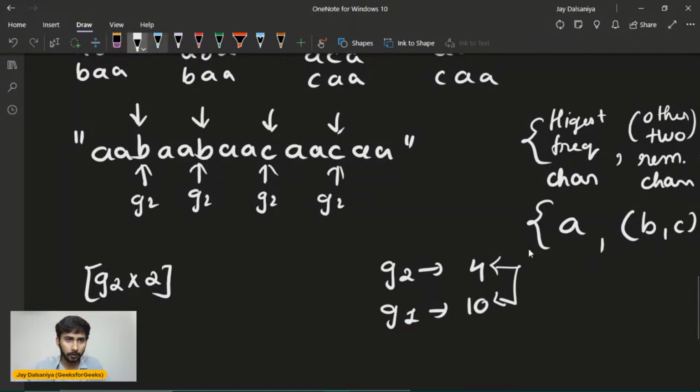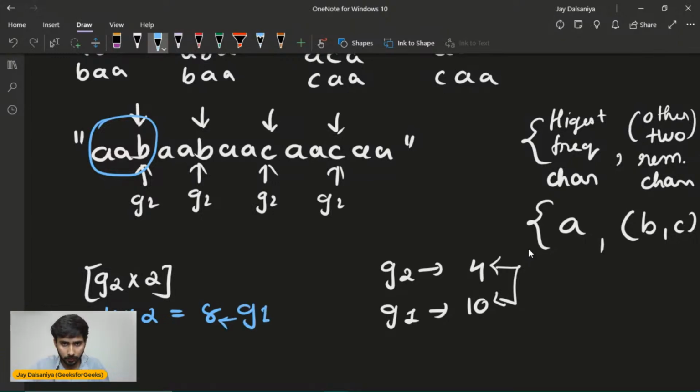You can observe over here, this can be one of the triplet, right? One character of group number 2 will conquer 2 characters of group number 1. So as many group number 2 characters, I have 4 group number 2 characters. So that means in total, with the help of 4 G2, I can conquer 8 group number 1 characters. And at the end, I can place 2 more characters of group number 1. So plus 2, sorry.